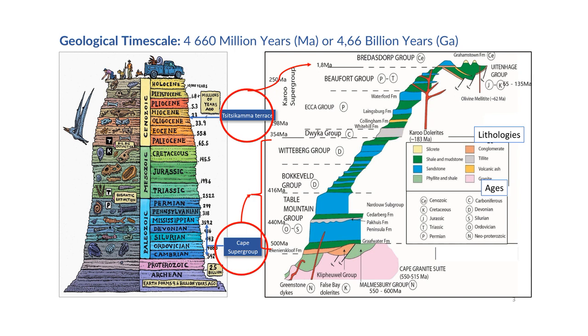I'll go to that. And then right at the top, the Tsitsikamma platform or terrace formed at about 23 million years ago during what's called the Miocene. So in the South African picture, here's the Table Mountain Group. The blue units are sandstones, and the green units are shales and mudstones. So the Cape Supergroup, which comprises the Table Mountain Group at the bottom, Bokkerveld and Witteberg, you can see a